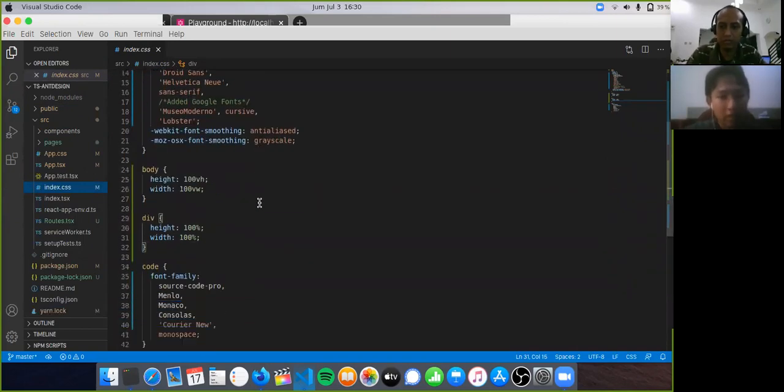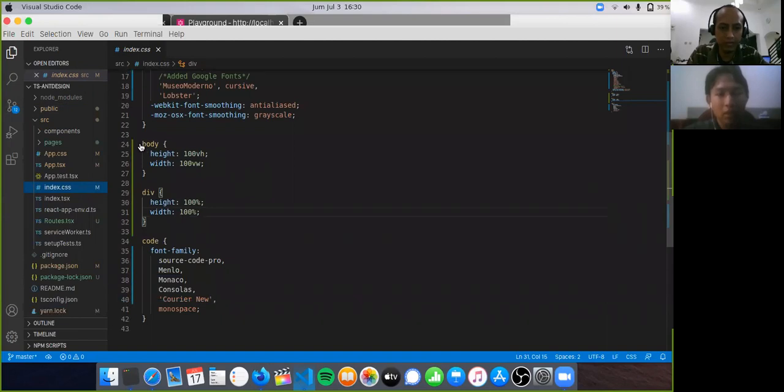Yeah, just setting the body tag to height 100% of view height and width 100% of view width, VW and VH, and then for any divs I set height and width both to 100%, so it will fill the entire page. Honestly, I still did not run this,